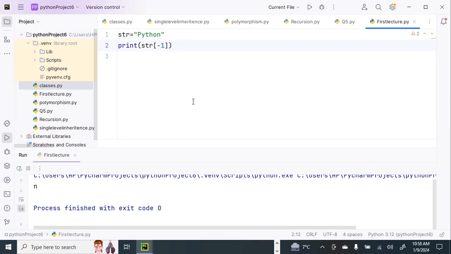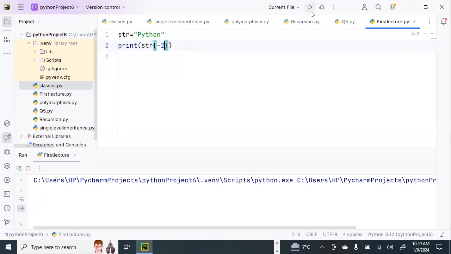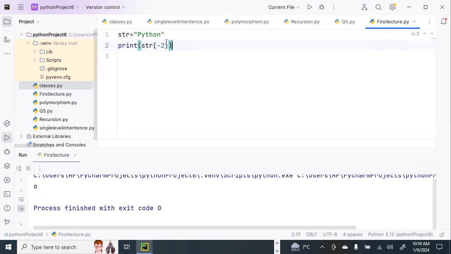So it's getting me from the right hand side, if I'm correct. Yes or no? Yes, it is. So -1 means now it's extracting from the very right hand side. If I type over here -2, in that particular case, it's getting me the second last one. So on and so forth. You get my point,